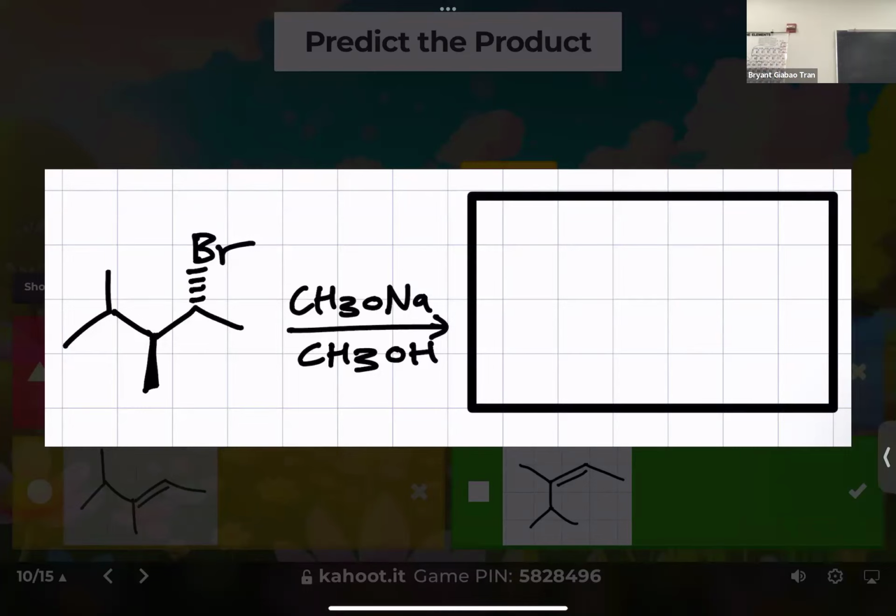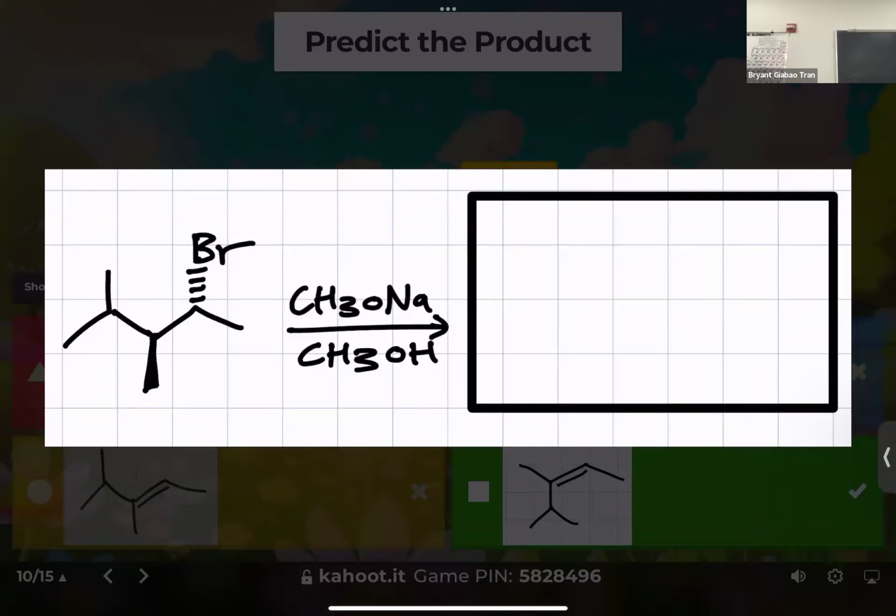Right. So we have a small, strong base, strong nucleophile, and a good leaving group. We have to look for the beta carbons. This is the alpha carbon because that is the first carbon attached to the leaving group. This is the beta carbon, and that's the beta carbon as well. For small, strong base, strong nucleophiles, we want to make the Zaitsev alkene,